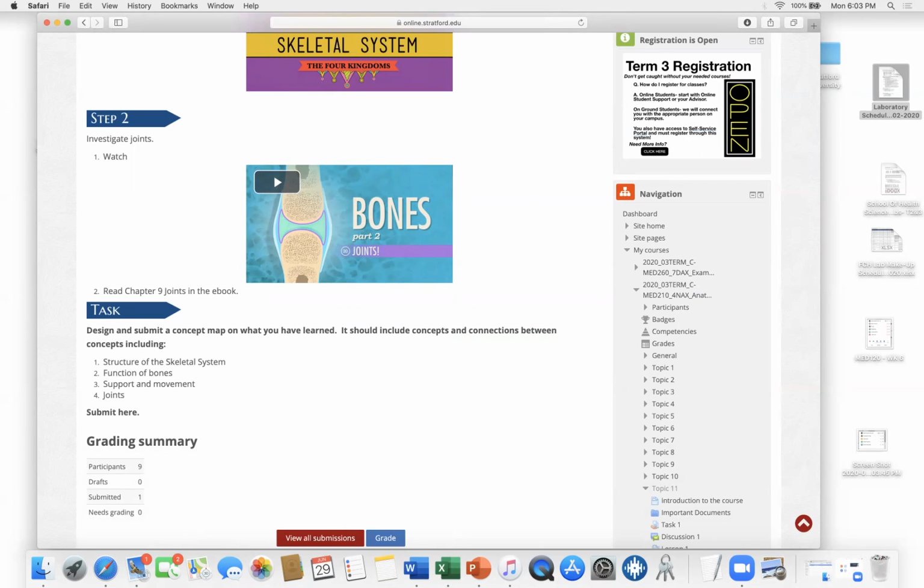Maybe you haven't really thought of it, that a bone is an actual living thing. And it's hollow. It has things inside of it, and they serve more than one function. You may think that your bones are just a place to hang your muscles, or maybe something to protect you when you fall. But it's a little bit more than that, and there's a lot of things going on on the inside of bones. Of course, support and movement. We kind of talked about that when we talked about muscles,